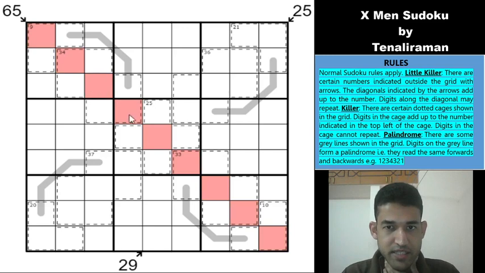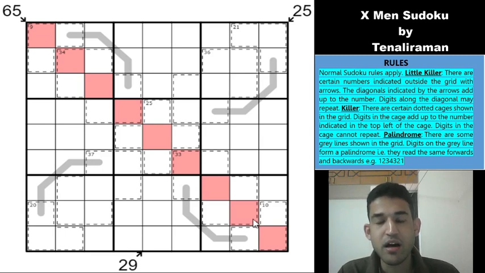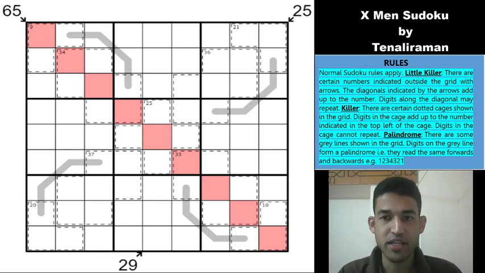And we know that the maximum total from the diagonal from top left to bottom right will be 24 multiplied by 3, because in each box you can get a maximum total of 24, and when you multiply that by 3 you will get the maximum possible value. So that gives you 72. So we still have a degree of freedom of 7, and that is still a huge degree to have.